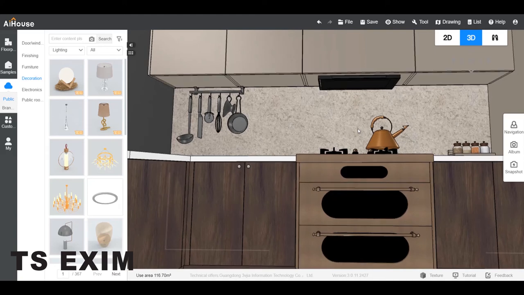Hi, this video is about how to place the fill light under wall unit. You can get the fill light from Cloud,